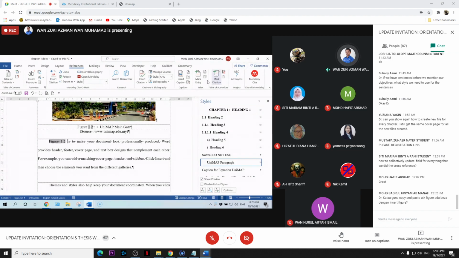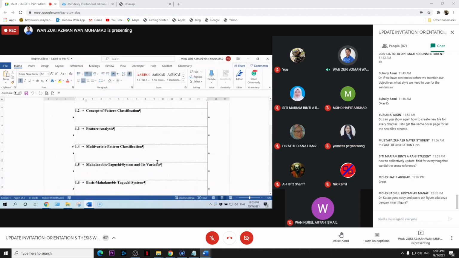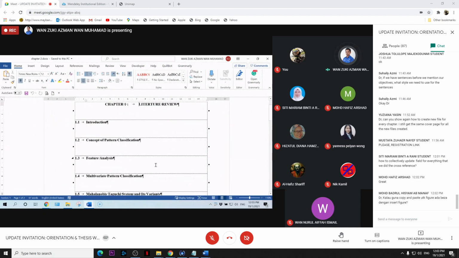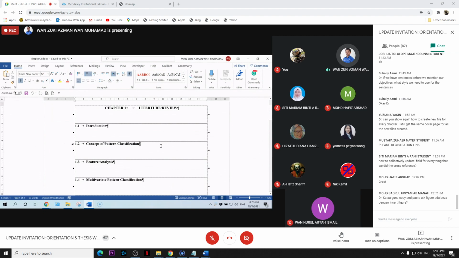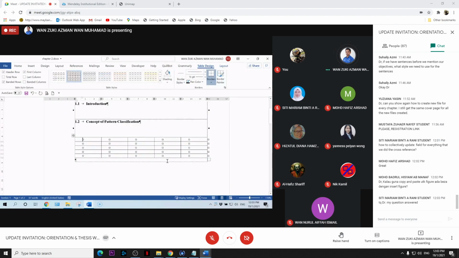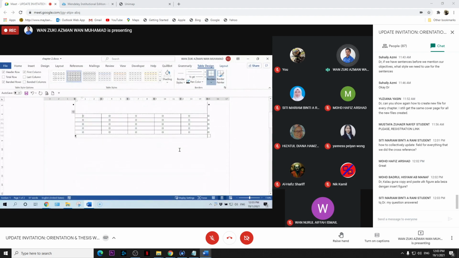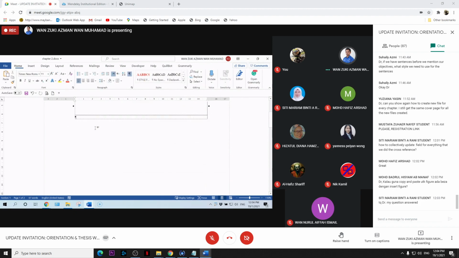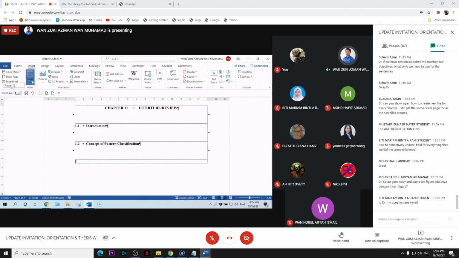And then we move to Chapter 2. In Chapter 2, normally we have tables because you want to do a summary, something like that. Okay, so I just put under this section. I just draw a table here. Insert table. Okay, so I want to create a large table.